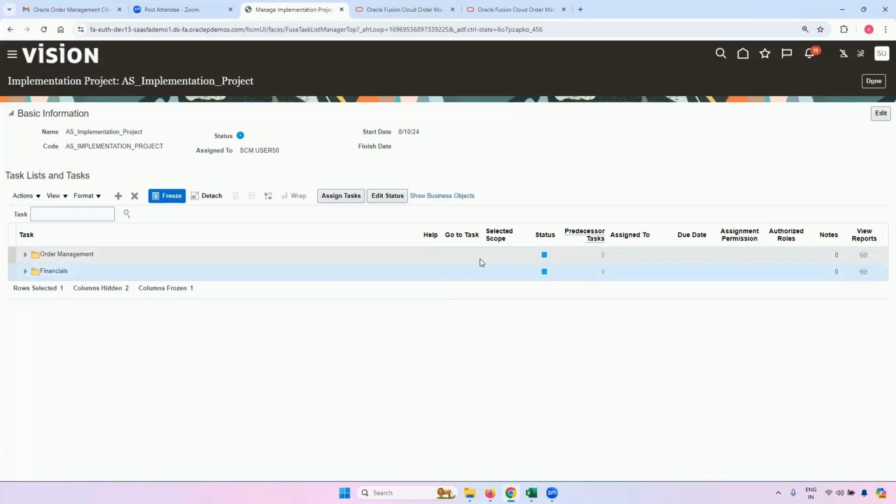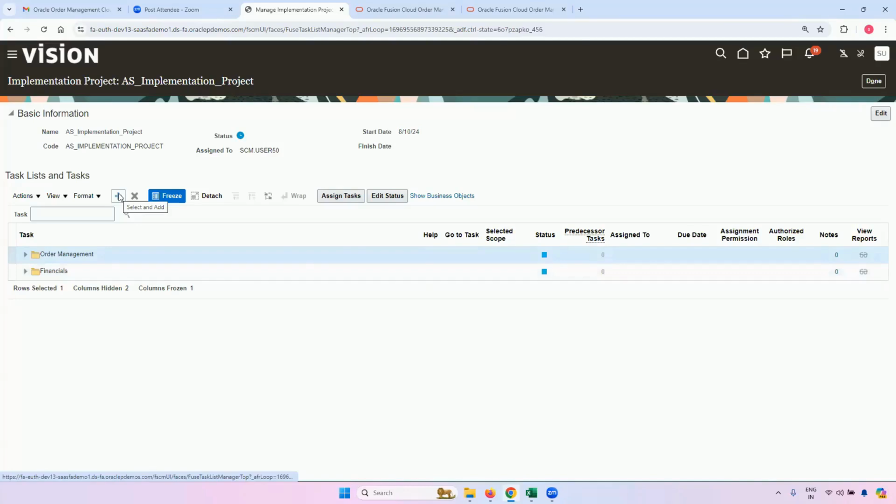You can also change the due date. If you feel that a particular resource is not able to complete all the setups, you can again go to edit status and change the due date as well. Thank you. And if you want, you can also add in more modules. This is just a preliminary or basic setup, not of very much importance, but it is useful in large organizations.